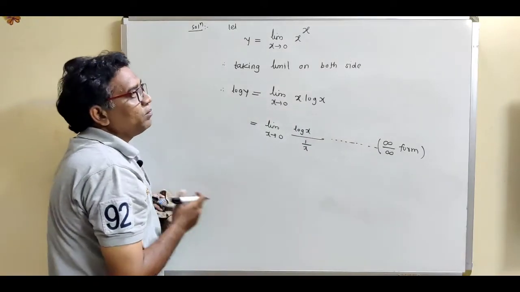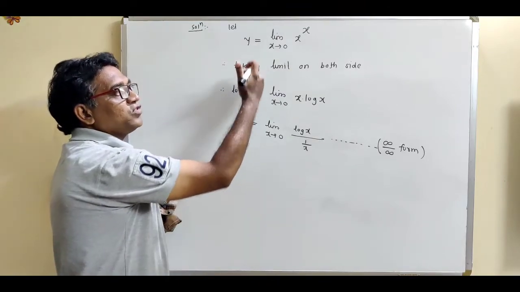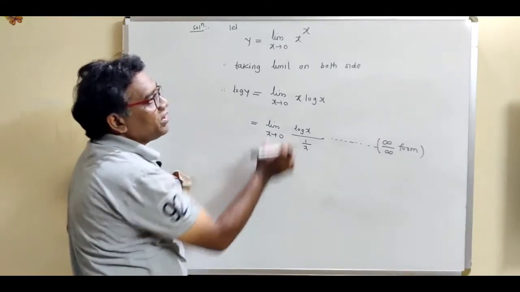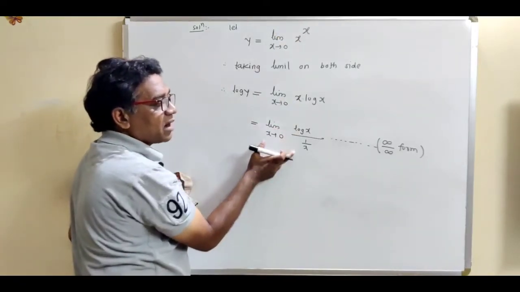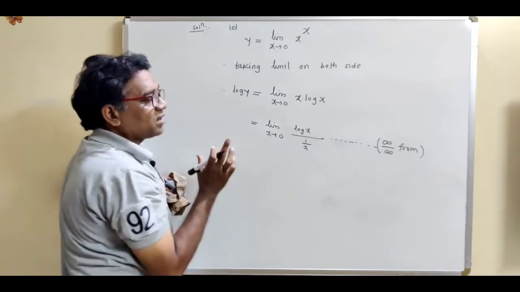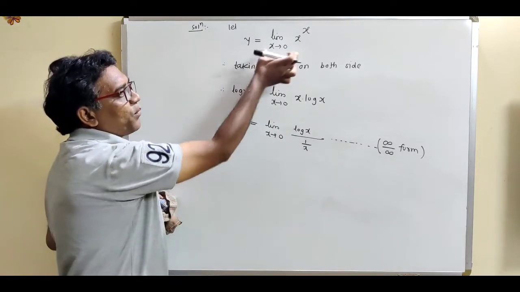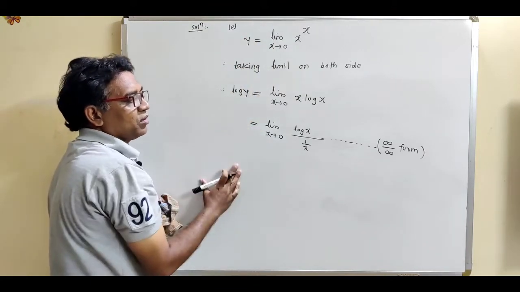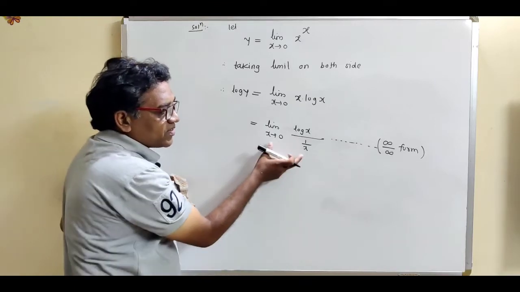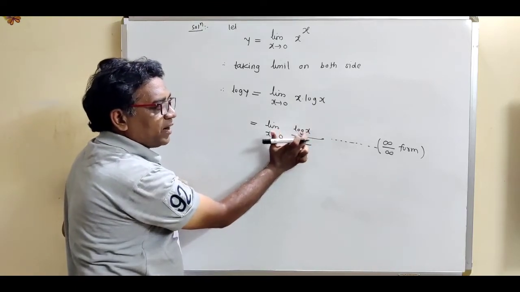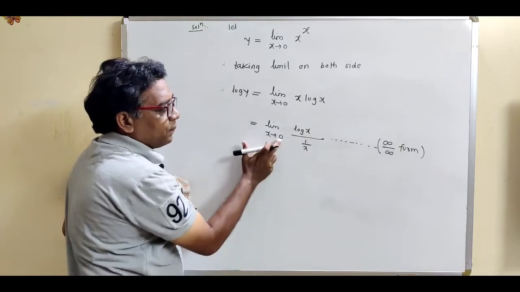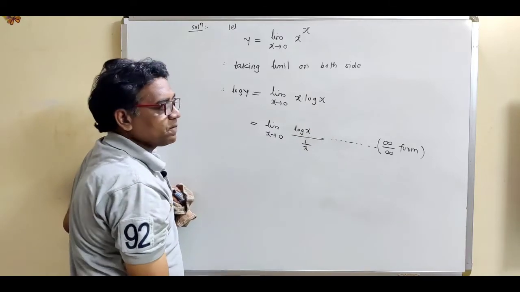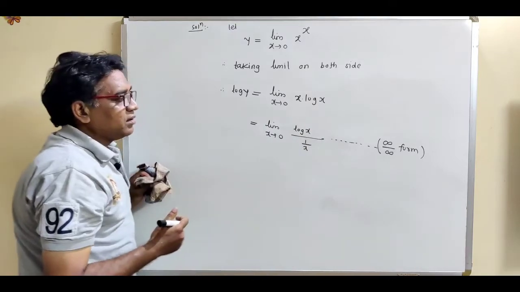So see how to convert any form into division form. So see what is given form. We are given the limit form as a function raised to another function. So first of all, what is the method? We have to convert this form in terms of the standard form, which is the division form. So what are the steps? This is the method. First of all, denote this limit suppose by y, and what is the next step? Taking logarithms on both sides. So this is a standard form. If you put x equal to 0 in numerator, log 0 it is infinity. Put x equal to 0 in denominator, 1 upon 0 it is infinity. So it is infinity upon infinity. So easily we can apply the L'Hopital rule.